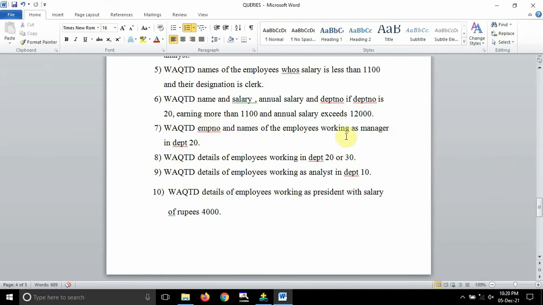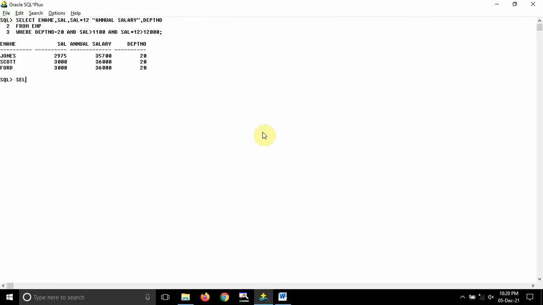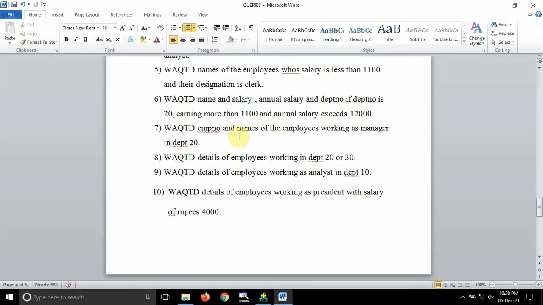Now let us move ahead and try to solve the 7th one. Write a query to display employee number and names of employees working as manager in department number 20. So this is also the same guys, I need to display employee number and names of the employees. So I will write SELECT employee number first, after that employee name.